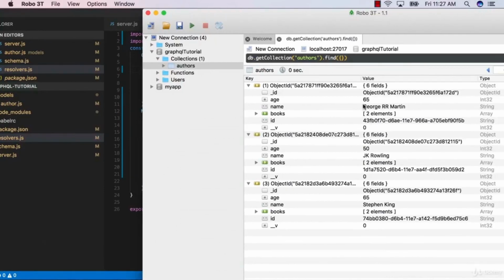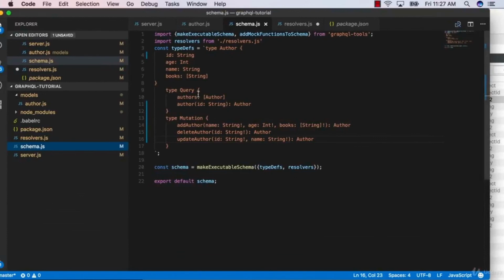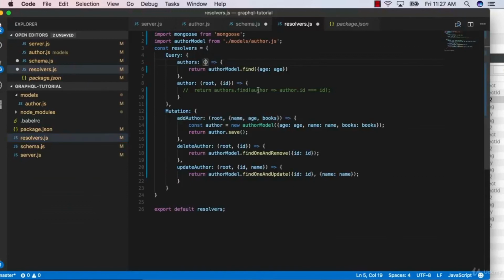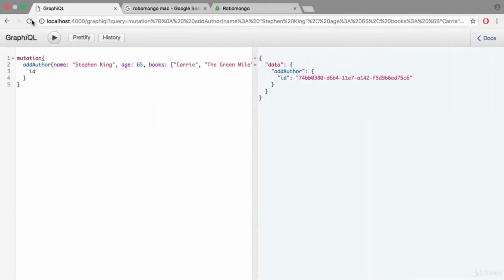Now what if, instead of querying every single author, I want only the authors with age 65? Well, what I would do is place some limitations on this. So I'm going to find every single author with the age provided to us by GraphQL. And so to actually do this, we need to go back into our schema.js file and give this author's query some arguments, or just one argument of age, which is of type integer. And back into resolvers, we actually have arguments for this of root and the age that we're passing in from GraphQL. And if I go on File, Save All,